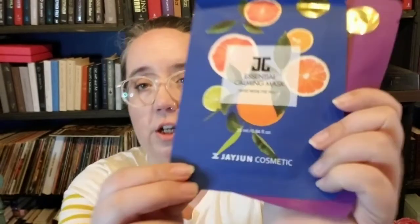Okay, so let's open up bag number one. You can customize one item from this bag. It lets you choose one. And here is the bag for the month of April. That's pretty. Every month you get a different little makeup bag, and there's two things on the outside, so we'll start with those. So you got some face masks from Jejun